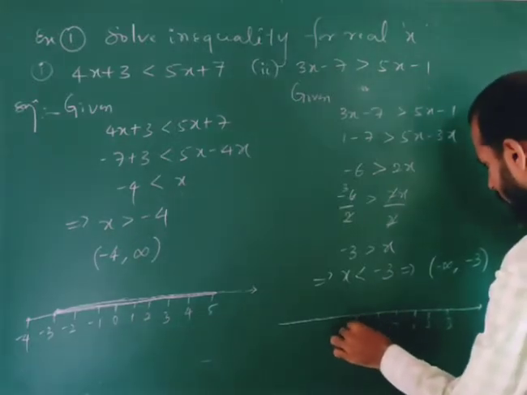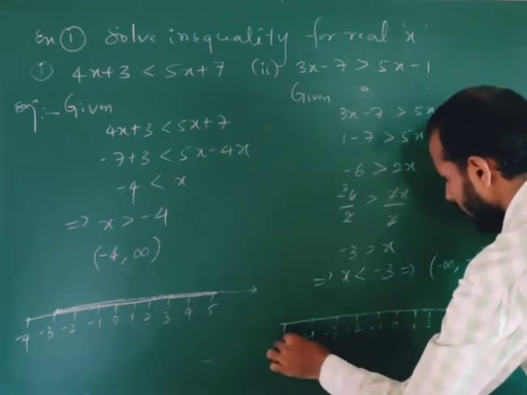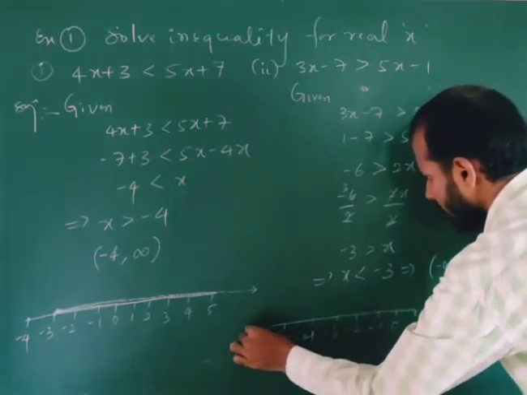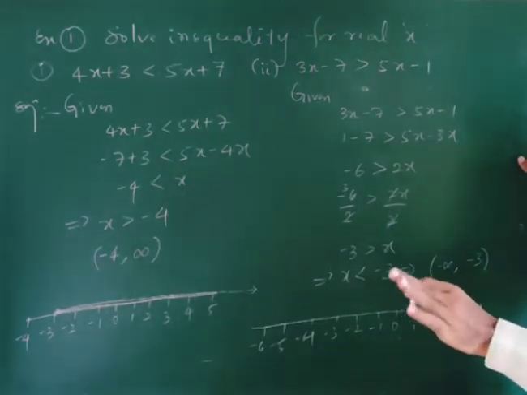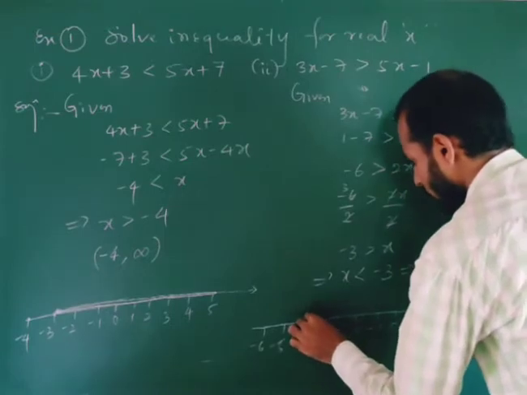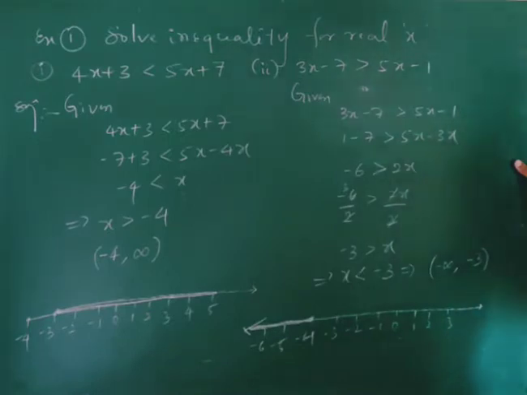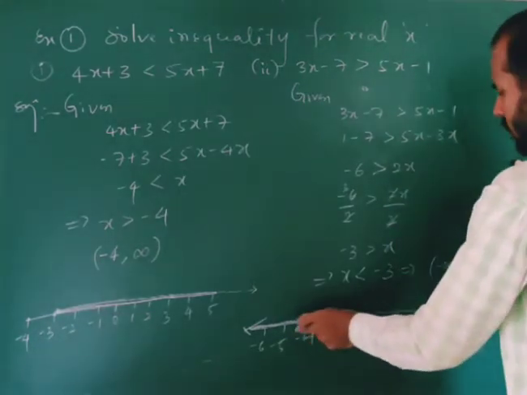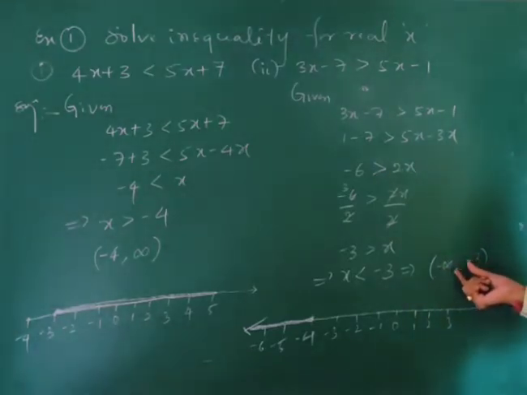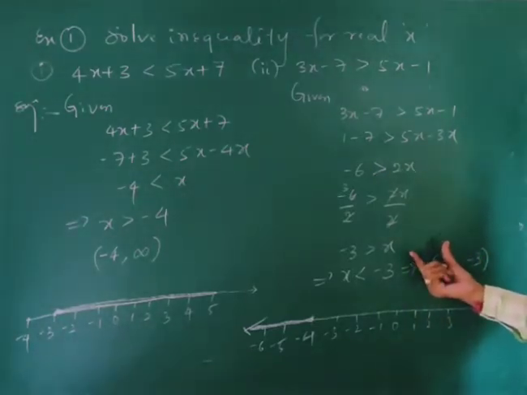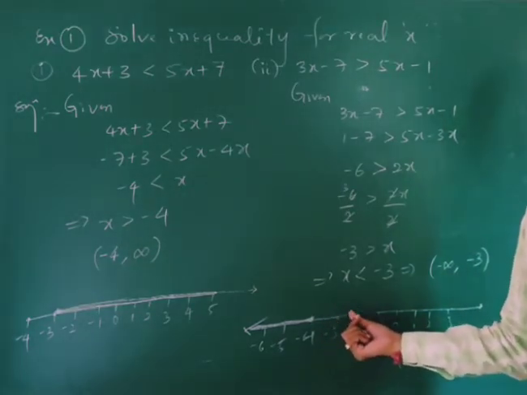It is minus 1, minus 2, minus 3, minus 4, minus 5, minus 6, right. Now, minus 3 is not included in this. Therefore, from minus 4, we can shade this region, this side, which moves like this. The shaded region is nothing but the value of this interval, that is minus infinity to minus 3, excluding the end points here, right?